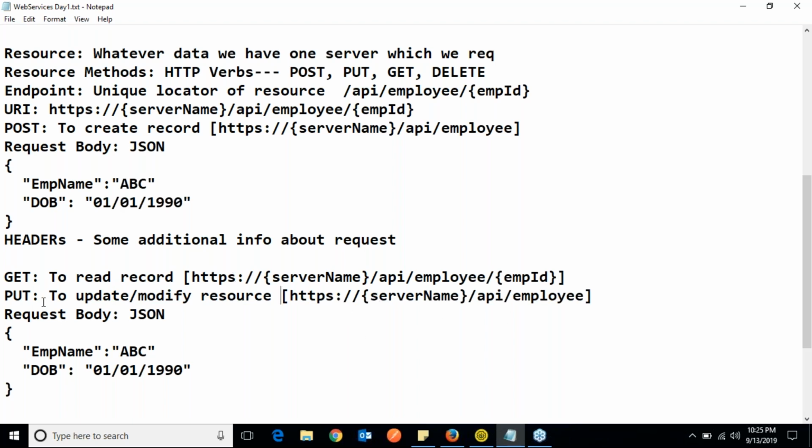Now, if you want to modify any record or resource, you need to send the unique ID of that resource, right? Like for which employee you want to modify the records, because you cannot modify all the employee records at once. It will be a different endpoint or a different API, but to modify uniquely, you need